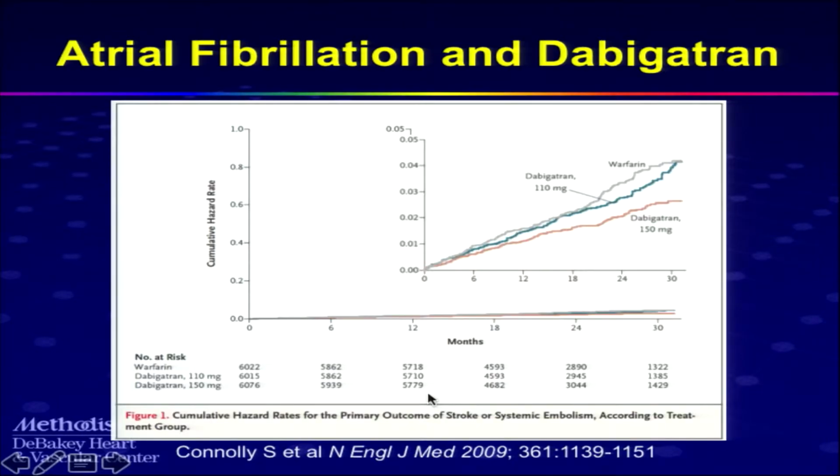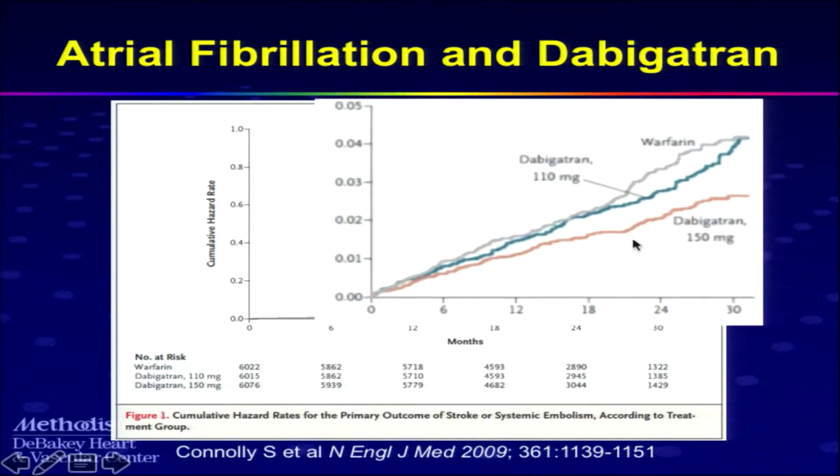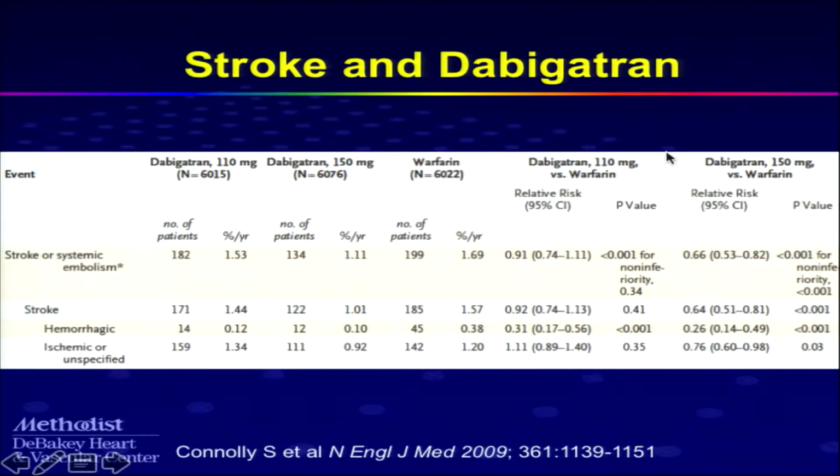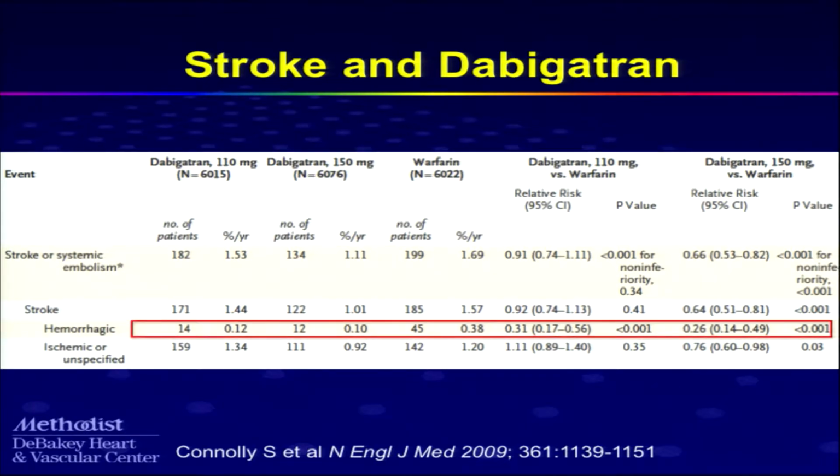And the new anticoagulants have all been shown to do a better job than warfarin. Dabigatran was shown in the RE-LY study, at the dose of 150, to be superior at reducing the risk of stroke or systemic embolism. It was better than warfarin with less bleeding. Interestingly, and this is worth making a point here, when you look at the risk of stroke and you divide the strokes into ischemic versus hemorrhagic,